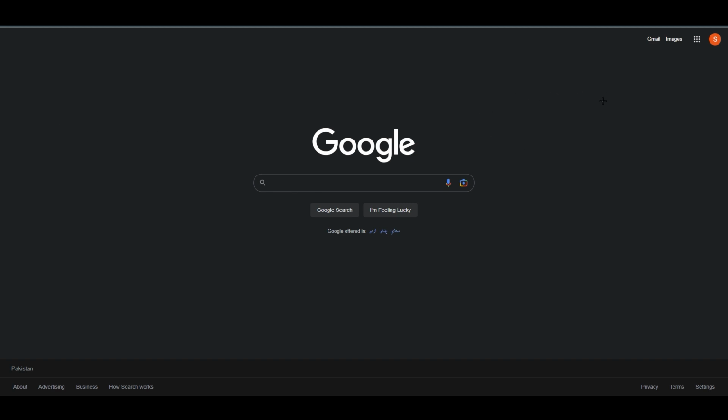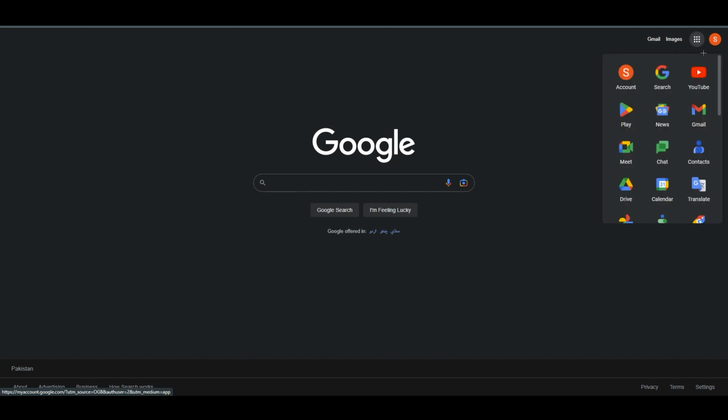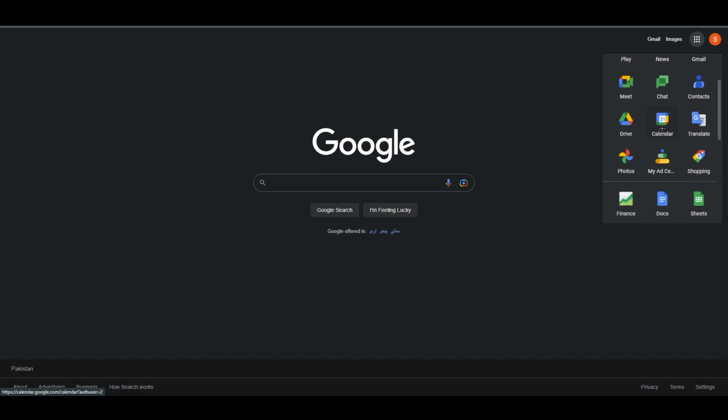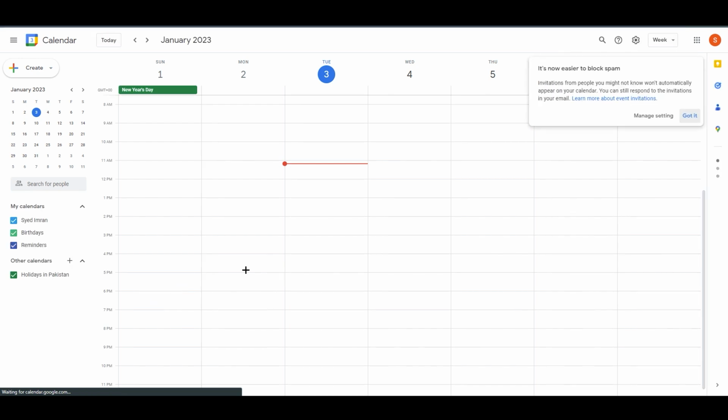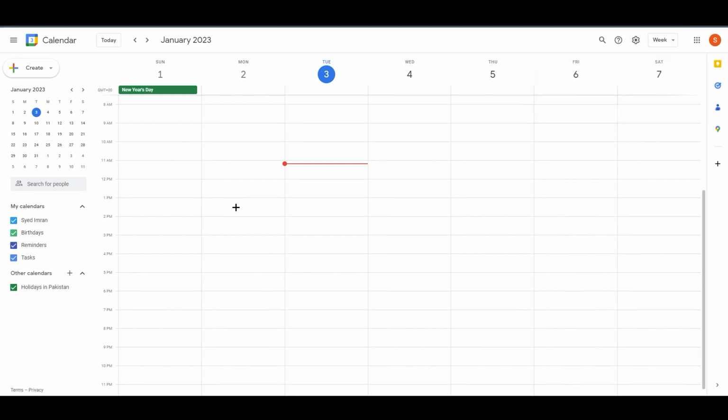Once you are on google.com, on the top right corner we have this icon, and if you click on it, you will find multiple options, and you have Calendar over here. Click on that and it will take you right away to our calendar. As you can see, this is the first time I'm opening this on the website, and we are going to tell you every single thing